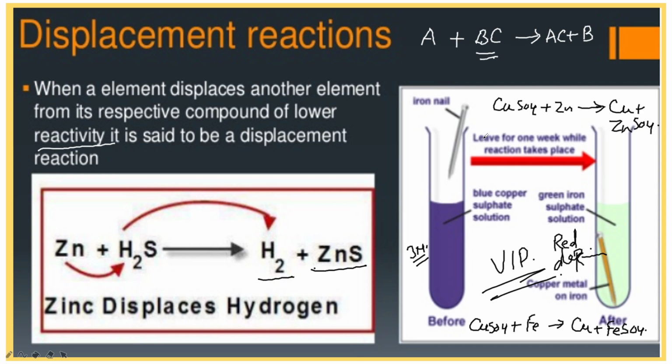Why is it like this? Based on which one is the highly reactive element and which is the least reactive element, displacement reaction generally takes place. The arrangement of elements in the decreasing order of their electropositive character is called the activity series of the elements. So what is that activity series, the reactivity series?